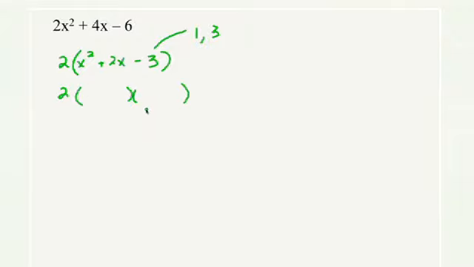So you put down your two sets of parentheses. Put your x here and here. And it doesn't matter the order on the 1 and the 3. All that matters is that you end up with a positive 2 when you're finished. So the plus goes on the 3 and the minus on the 1. And that problem is now finished. Right, that one's done as well.